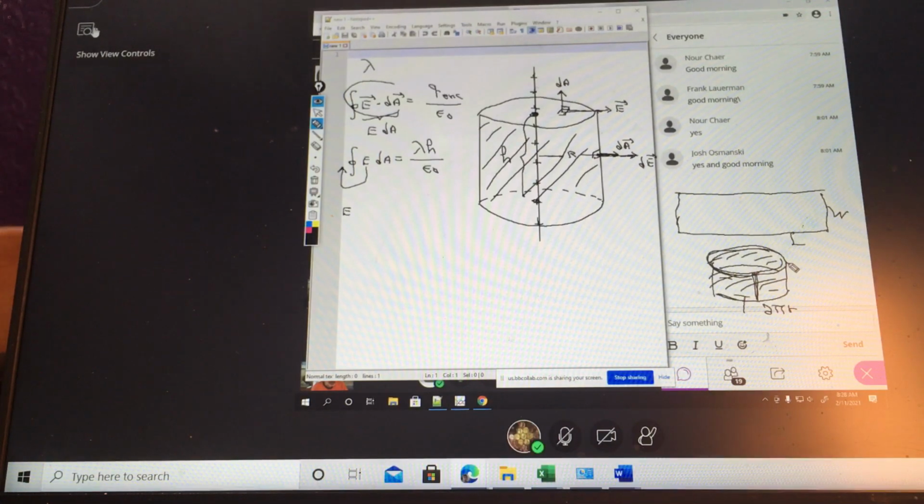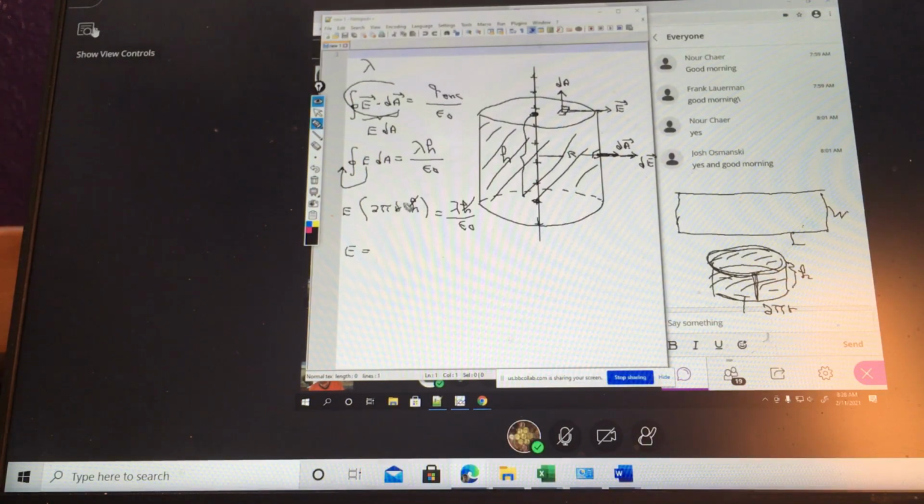And then the height is your width, which means that the area is going to be 2 pi r times h. And that's equal to lambda h divided by epsilon naught. H cancels out, and from there you get E equal to,